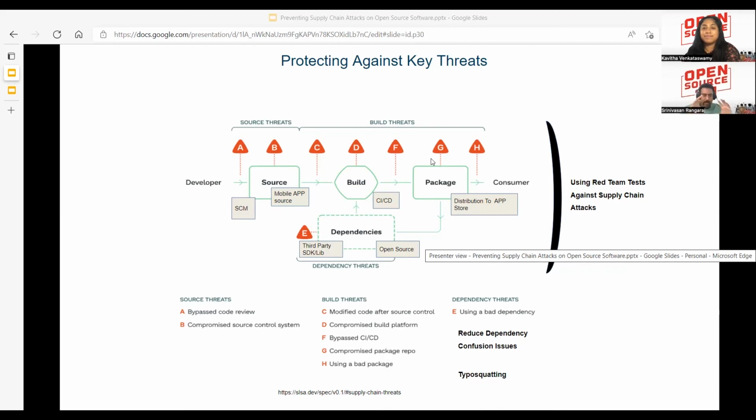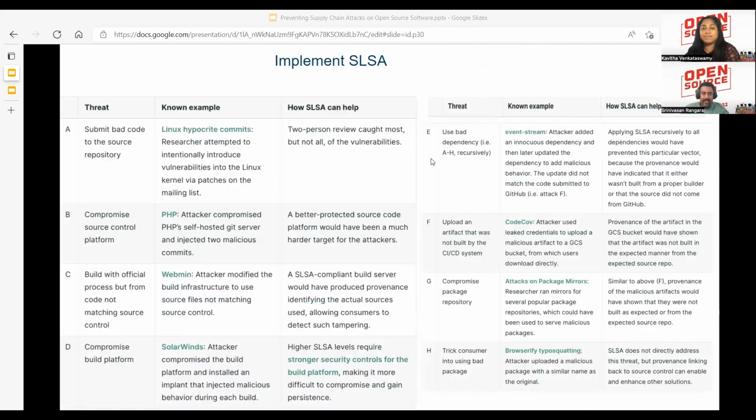To make sure this entire CI/CD pipeline is protected and the supply chain dependency is properly checked for integrity and dependency checks, we all have to continuously do red team testing. It could be automated as well as manual testing. So it's very, very important to carry out testing. This framework basically is like a checklist, right?